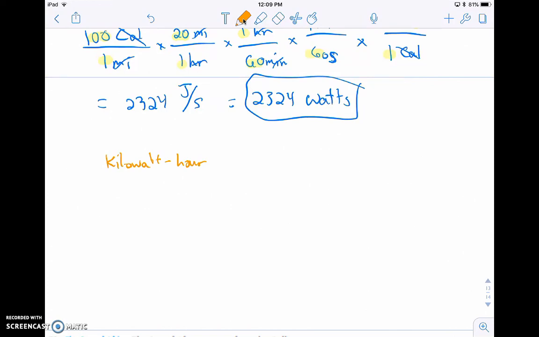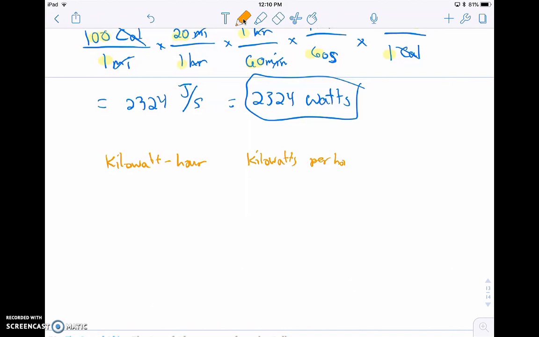And when you see that little hyphen there, kilowatt-hour, this just means the number of kilowatts per hour. And kilowatts per hour, well,